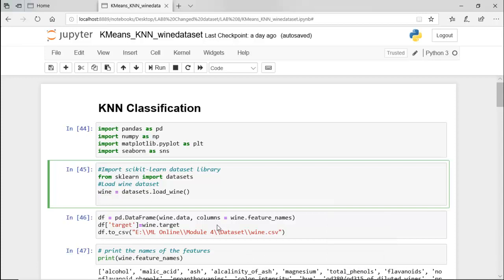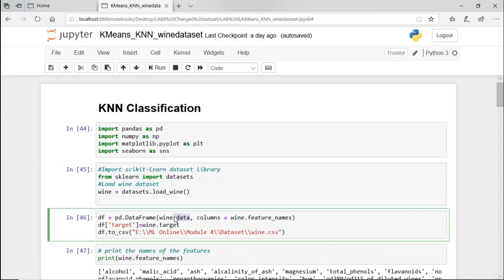When you use a default dataset, the input columns will be stored in a parameter called data and the output column will be stored in a parameter called target. So it has already divided the dataset into input and output. If you use a downloaded dataset, you have to divide it yourself.